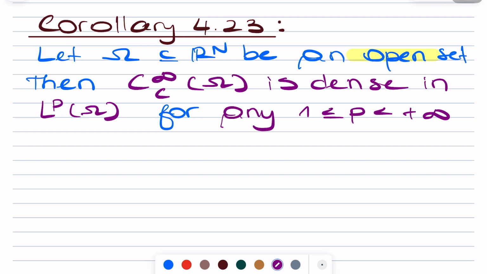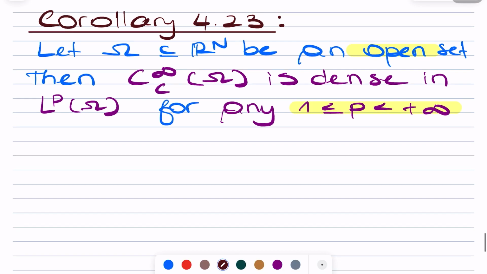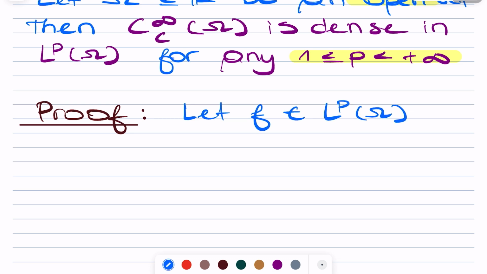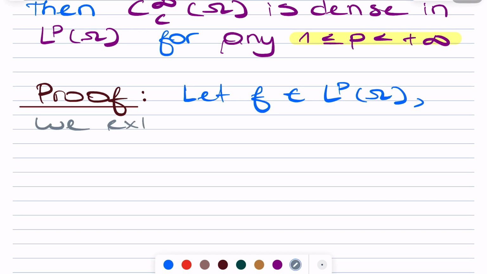Okay, so let me just highlight this. Good. So let's go into the proof of this corollary. Let f of course be an element of LP of omega. So what we do first is that we are going to extend f to Rn, because we have some properties about functions being in LP of Rn. So let me just write it. So we extend f to the whole space Rn